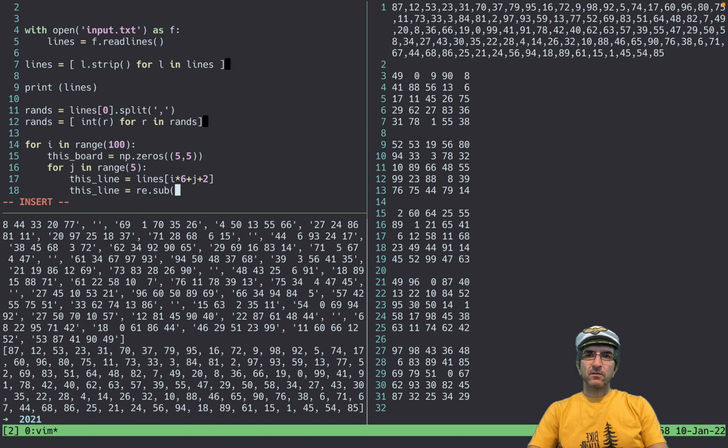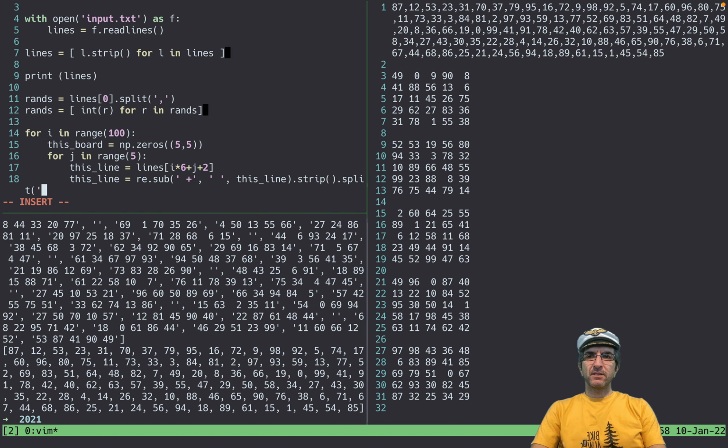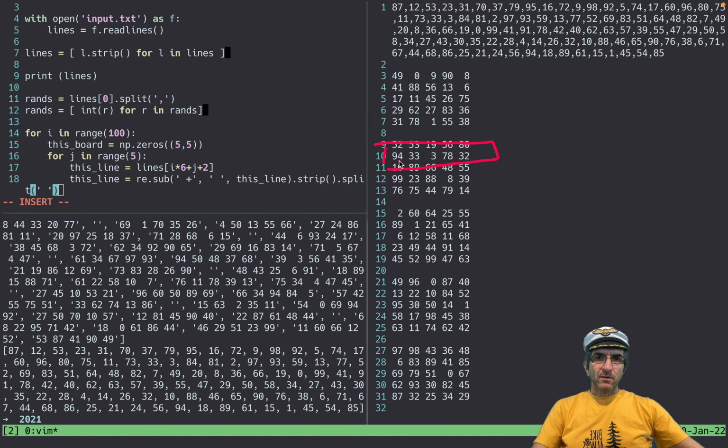I will substitute whatever spaces you have, meaning one space or more, with one space on this line. Then strip it, then split based on space. This will give me 94, 33, 3, 78, 32. But again, these are numbers in strings, I have to convert this later.